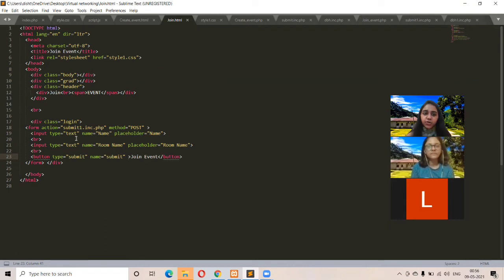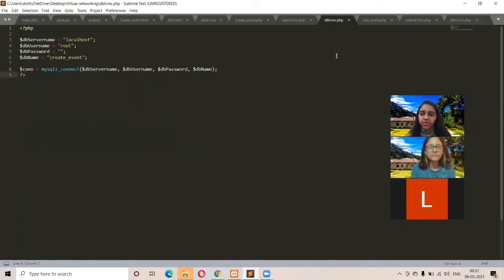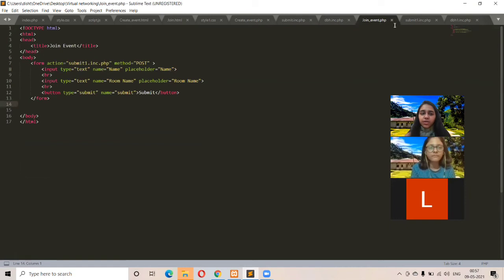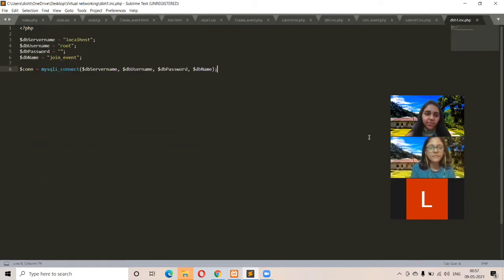Both of these files are connected to the submit.inc PHP, which is for the database. I'll show it. So this connects those files to the database through dbh.inc.php. Okay, so similarly for join event PHP, and next we move to other files.